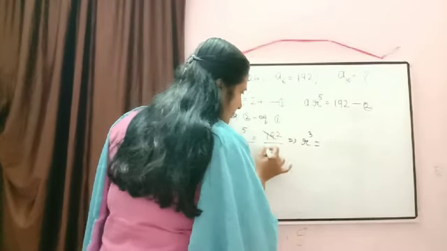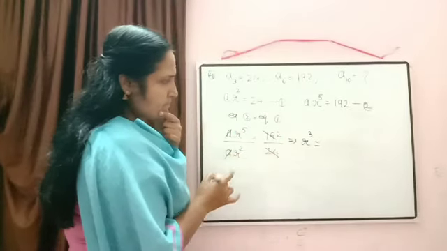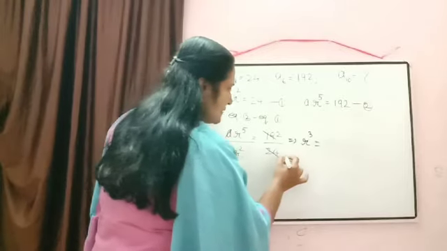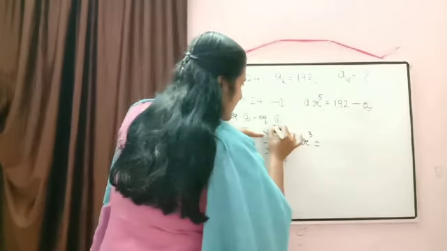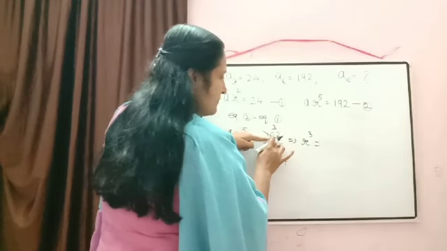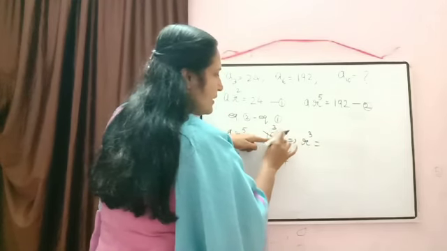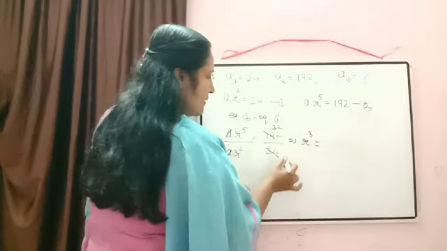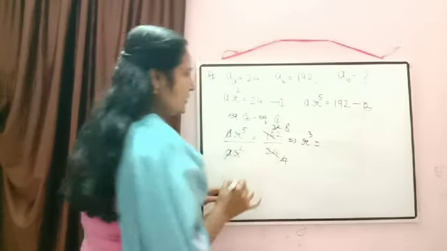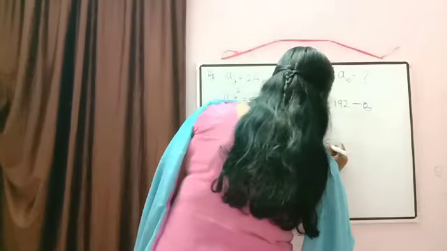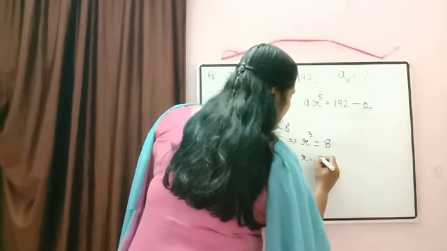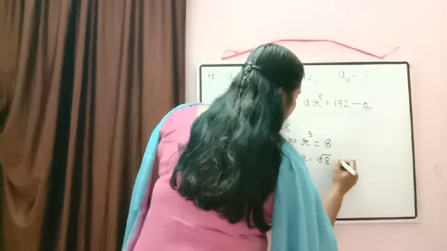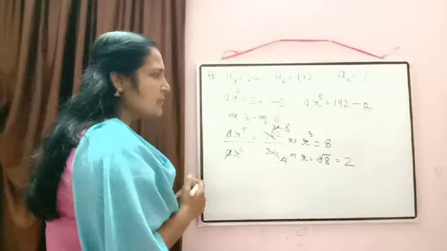Here now we can cancel it. Just to check, I think both are divisible by 6. So can we cancel it by 6? 6 4s are 24. Here it will be 6 3s are 18. So 1 will remain there. Then 6 2s are 12. So one more time we can cancel it. So we'll get there R cube is equal to 8. Then what will be the value of R? R will be equal to cube root of 8. And what is cube root of 8? Yes, 2. So we got R is equal to 2.